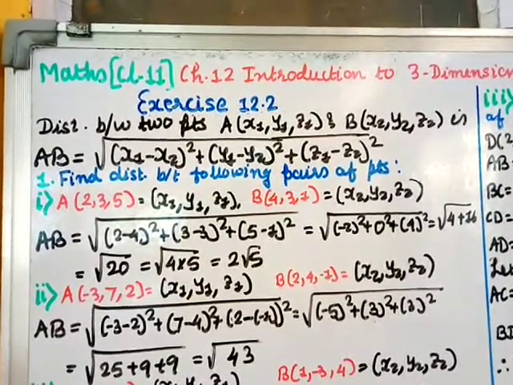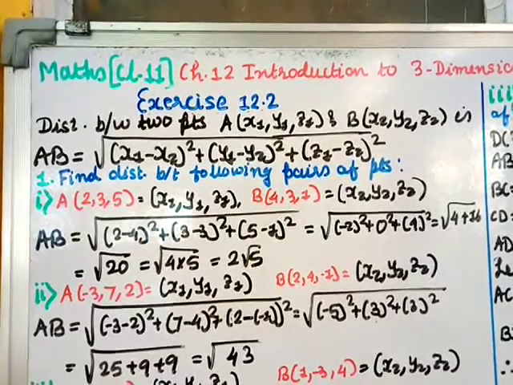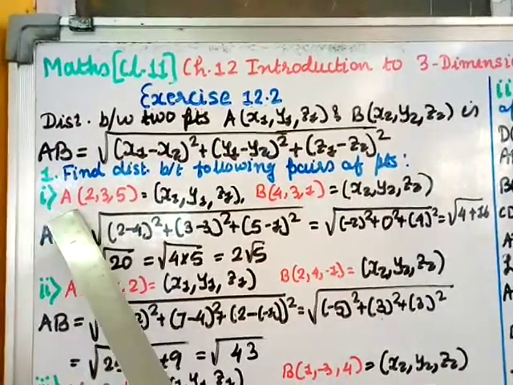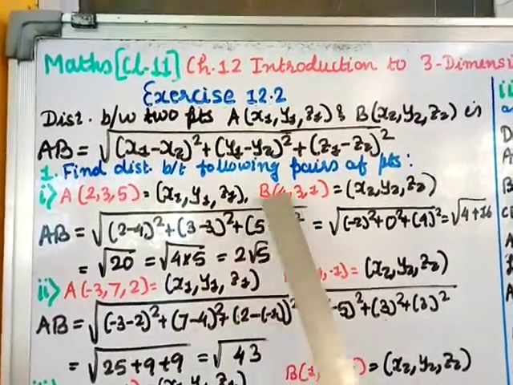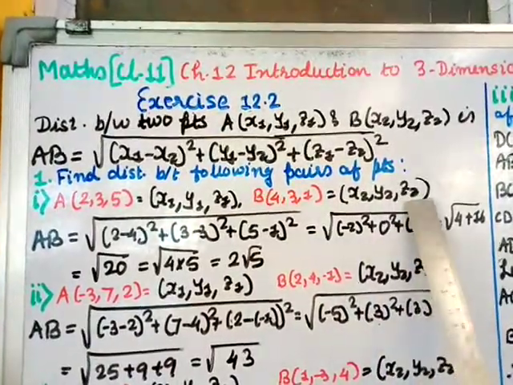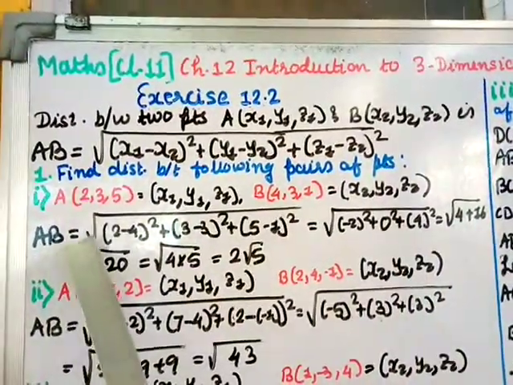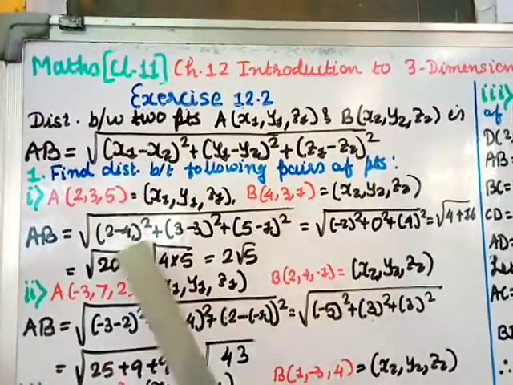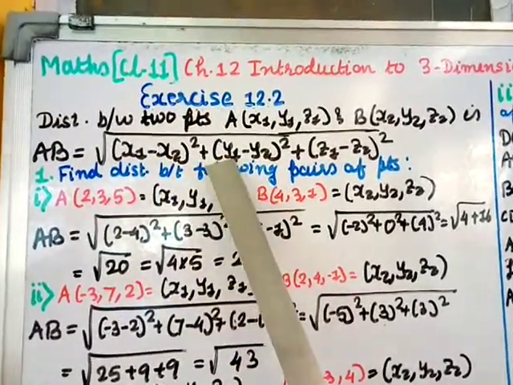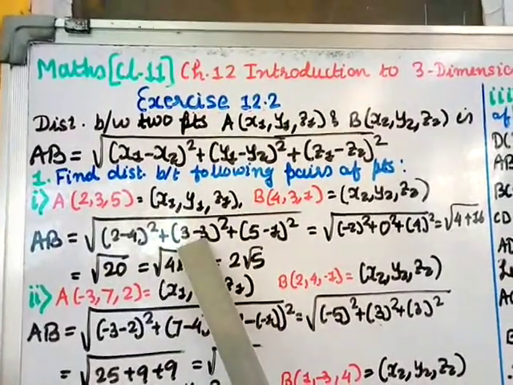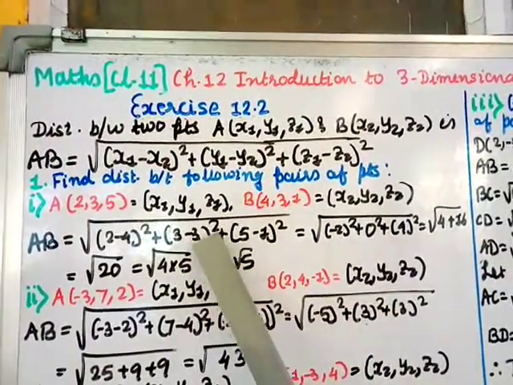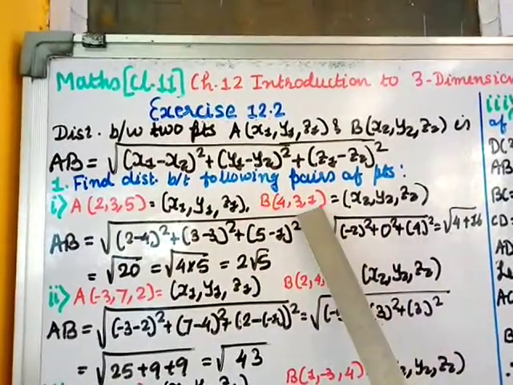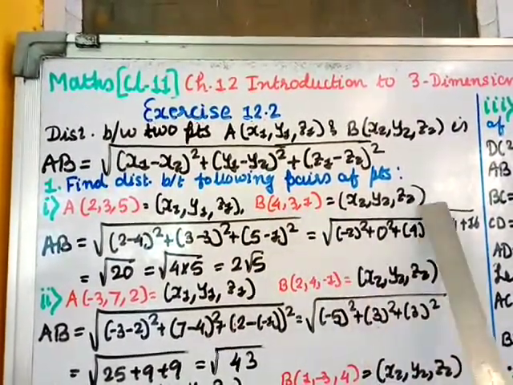Question number 1. Find distance between following pairs of points. Roman number 1: (2, 3, 5) and (4, 3, 1). Call this as point A, x1, y1, z1 and call this point as B, x2, y2, z2. We'll use this result. So AB equal to under the square root x1 minus x2. So x1 is 2 minus x2 is 4, so minus 4 whole square plus y1 minus y2. So y1 is 3 minus y2 is 3, so minus 3 whole square plus z1 minus z2. So z1 is 5 minus z2 is 1, minus 1 whole square